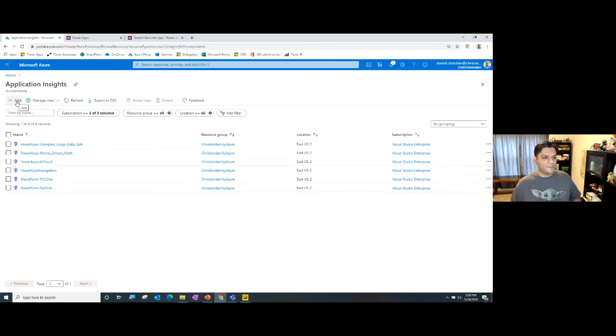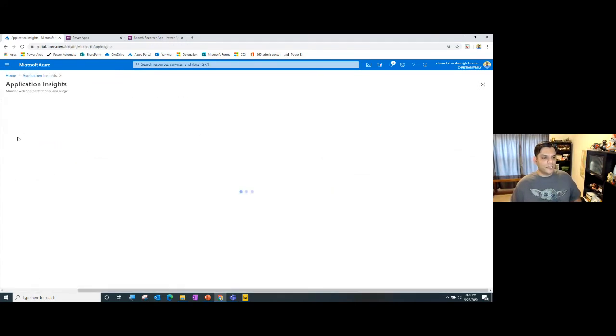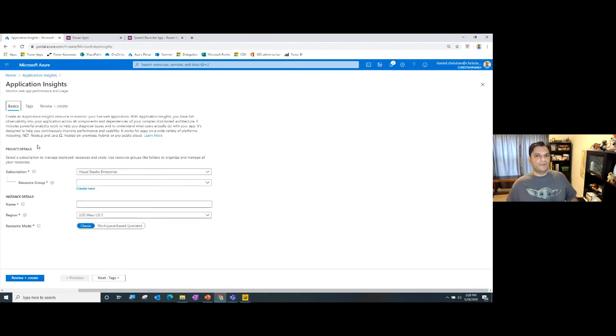Now I'm going to come over here, and this is a very important thing that you need to know. It's best to create the Application Insights one at a time for each app. There's a reason for that: if you use one insight, one token, for multiple apps, your logging is going to become a nightmare because you won't know where the data is coming from. My best recommendation, based on extensive testing that I've done, is to create a separate app insight for each app. That makes your reporting a lot easier.